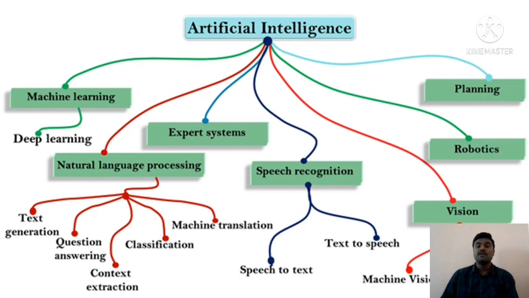So this vision, or computer vision, is a branch that comes under artificial intelligence. Then another branch is robotics, and it is a domain in AI which deals with the study of creating intelligent and efficient robots, where we use electronics engineering, mechanical engineering, and computer engineering together to build a robot. And the last is planning, or to simply put forward, planning is arranging a sequence of actions to achieve a goal.